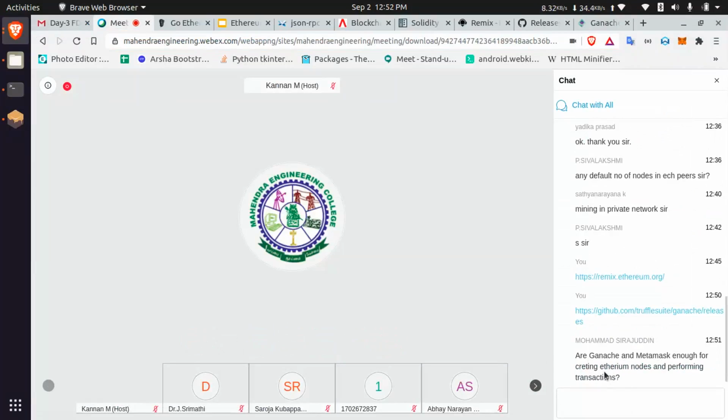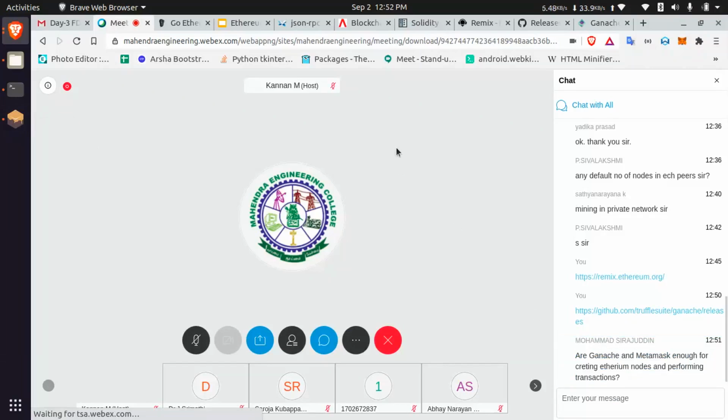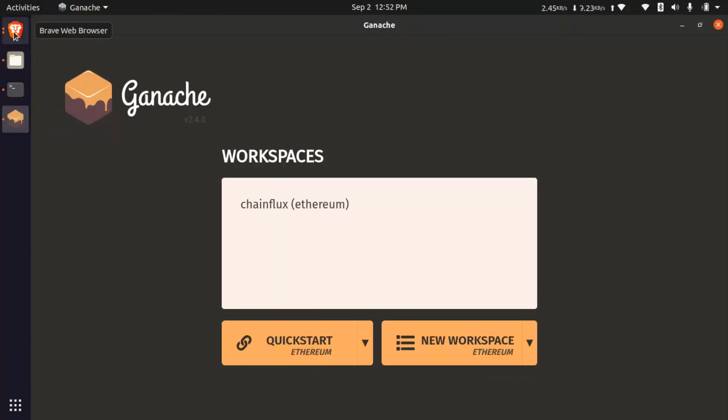Geth you can use for creating Ethereum nodes. Understand? Ganache is only for development purposes. MetaMask is a wallet. If you want to start your own node, you need to use Geth.